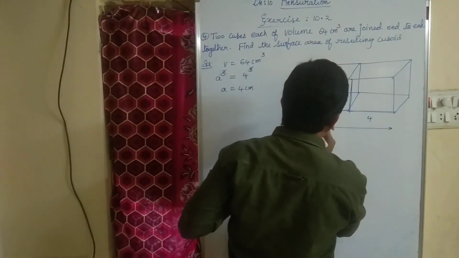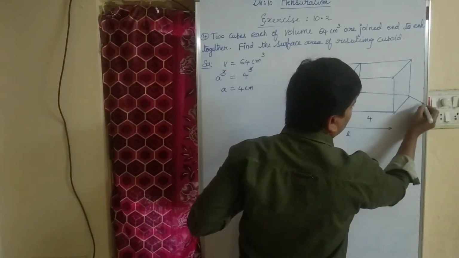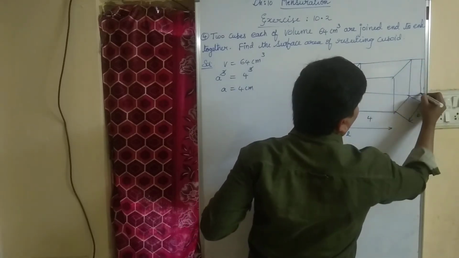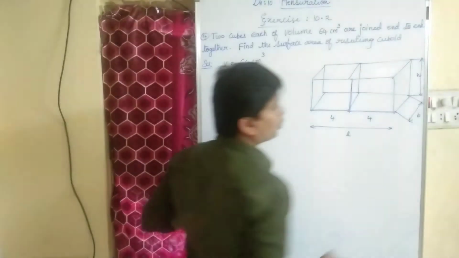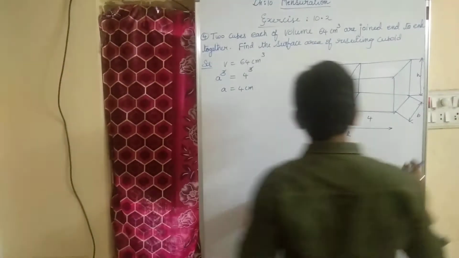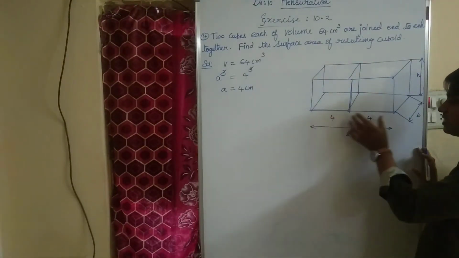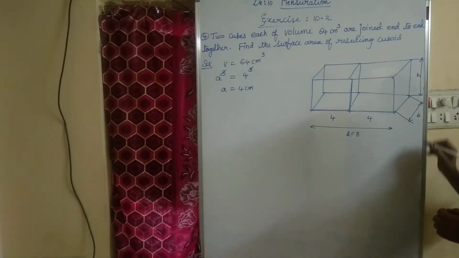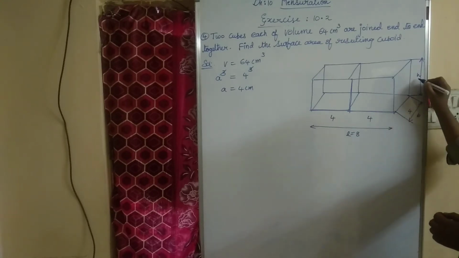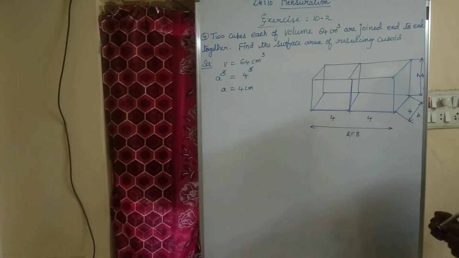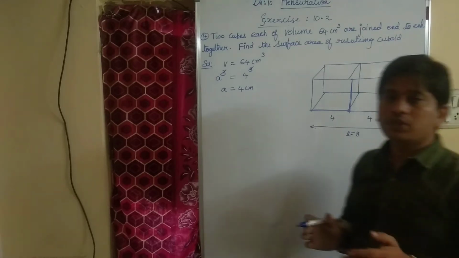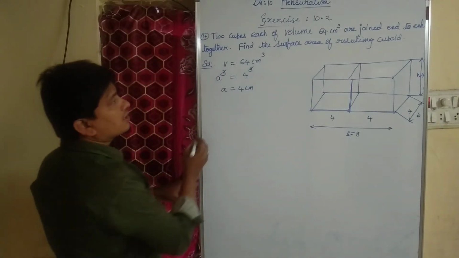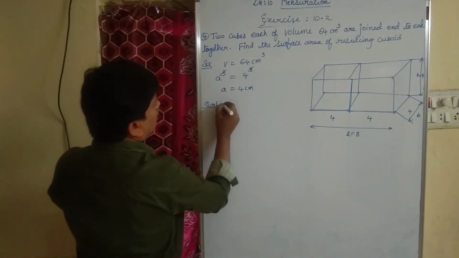The dimensions of a cuboid are length, breadth and height. Right? Can you guess what is the length? Length is, this is 4 units plus this is 4 units. So 4 plus 4, which is equal to 8 units, and breadth is the same, which is equal to 4 units, and height also the same, which is equal to 4 units. So when we join two cubes, you will get a cuboid, and the length of the cuboid is 8 centimeters. Now they are asking to find the surface area of the resulting cuboid.